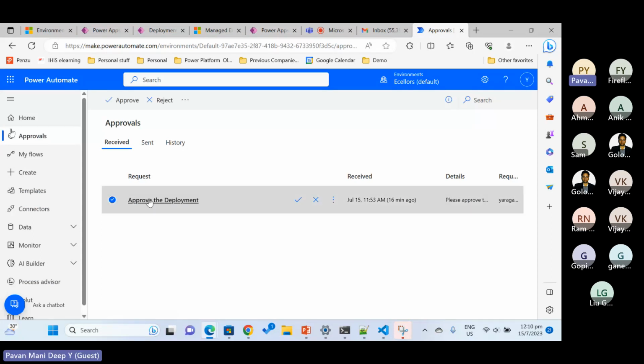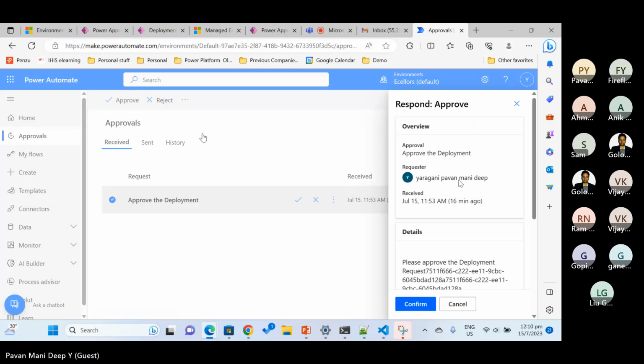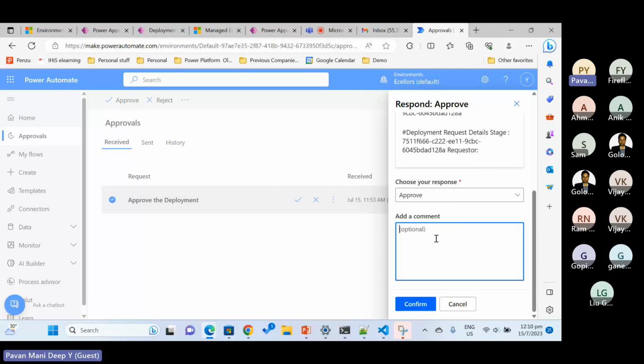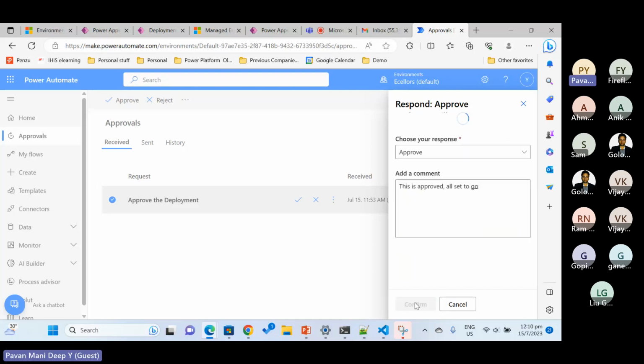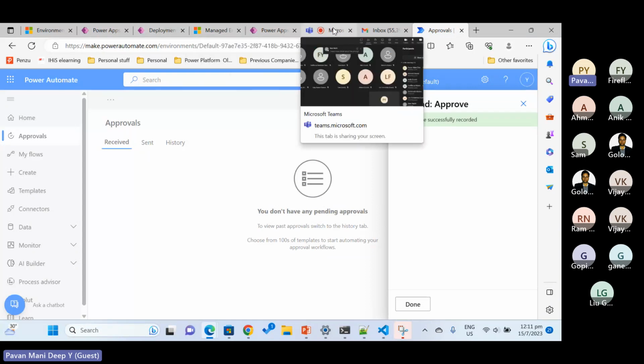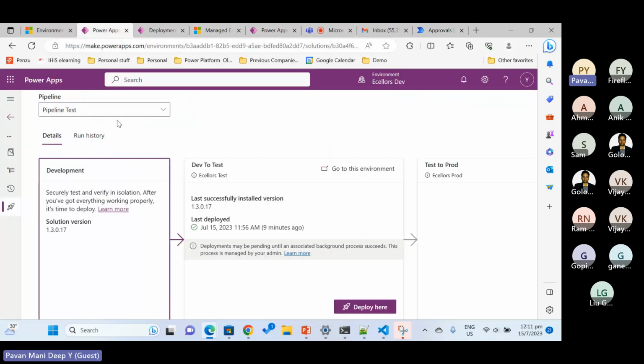So once you have approved, you need to approve the deployment. Either you can approve or you can reject or reassign to someone else so that he can approve, and you can set that up. And you can confirm. Once the request is recorded, that means the deployment is approved. Then you'll go to